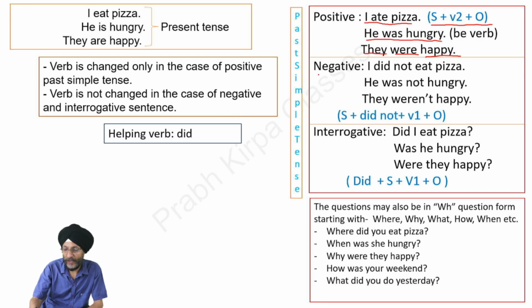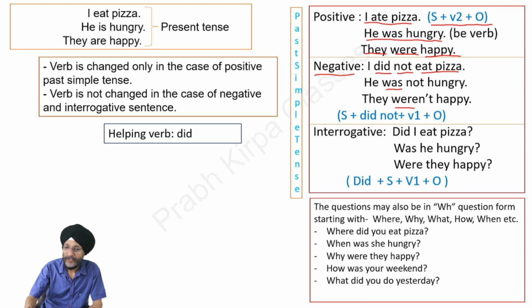When we talk about the negative form of the past simple tense, here we use did and not. I did not eat pizza. We may also use was or were in place of did depending on the situation. He was not hungry. They were not happy. Here the formation of the sentence is subject followed by did not, then the first form of the verb plus